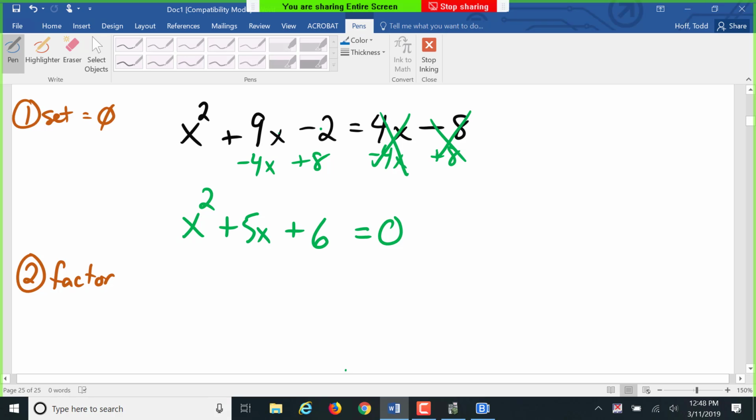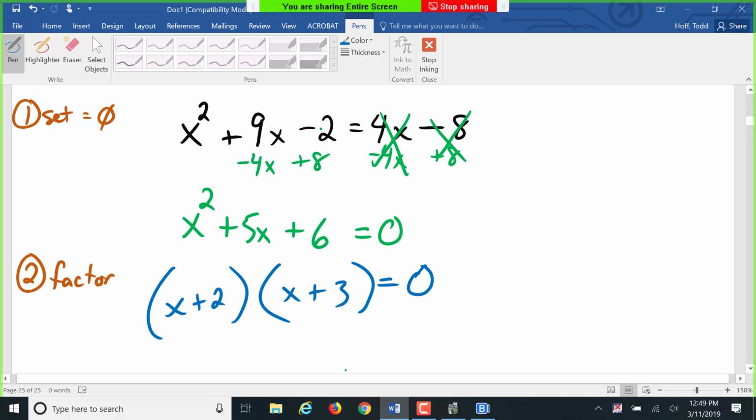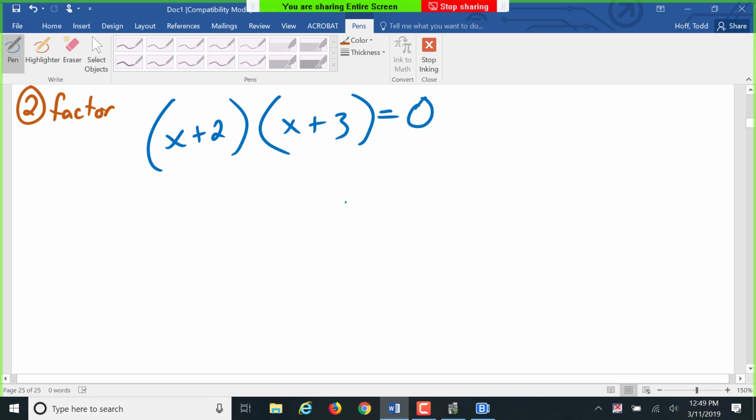X squared plus 5x plus 6 equals 0. What's that going to factor into? X plus 2 and x plus 3. Very good. 2 times 3 gives us 6. On the outside, we've got 3x. On the inside, we have 2x, gives us the 5x. Anybody having problems factoring right now that wants me to go over the factoring a little bit more? Okay. Step 3 then